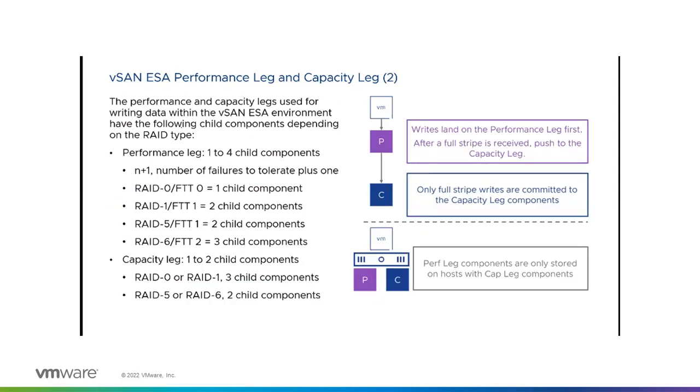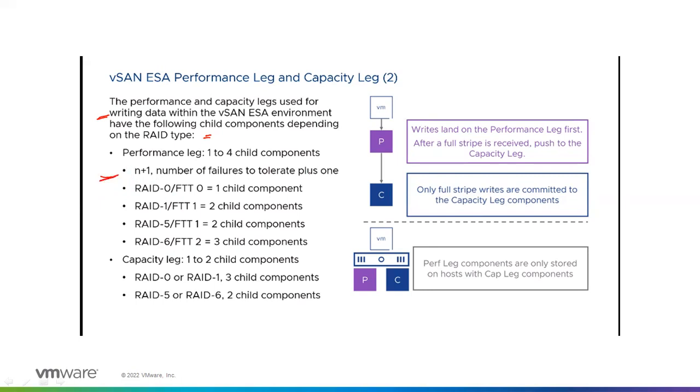Okay, so the performance and capacity legs are used for writing data within a vSAN ESA environment, and have the following child components depending upon the RAID type. When we say child components, it means how many components it will split into. For example,